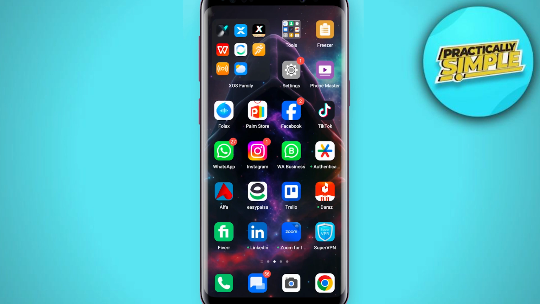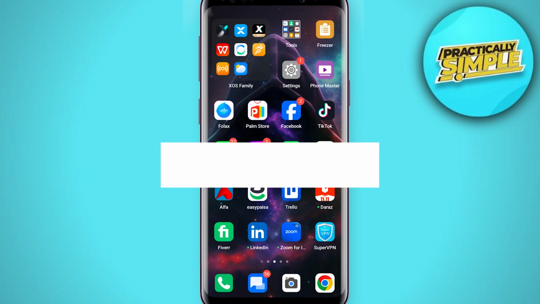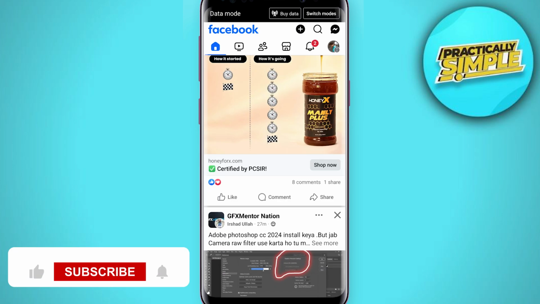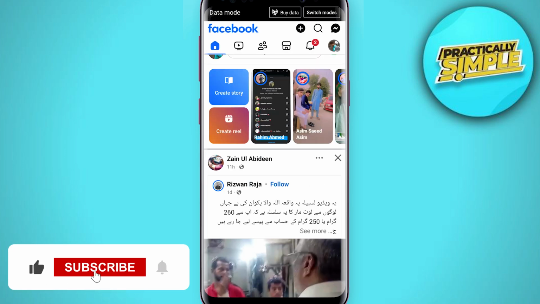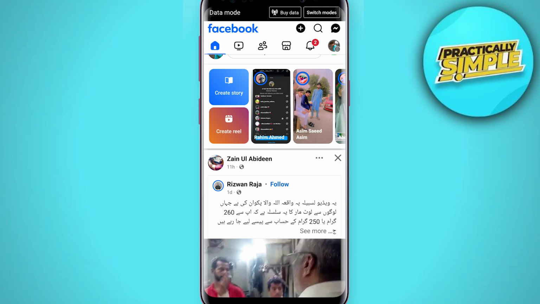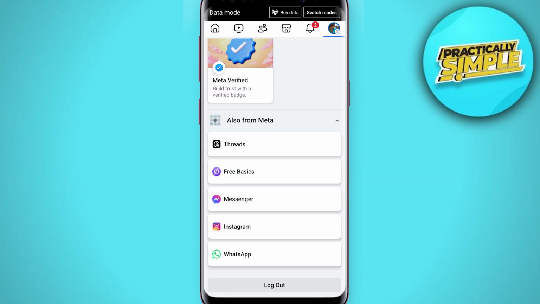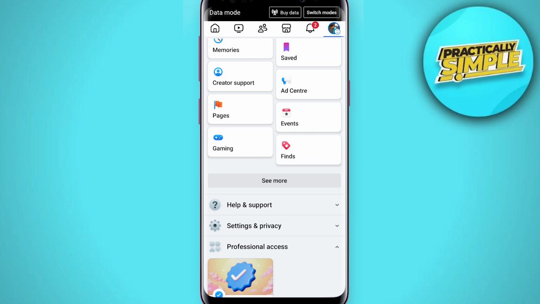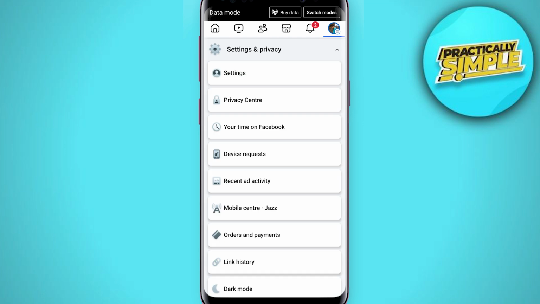In today's video, I'm going to show you how to unblock people on Facebook. So let's say you have previously blocked somebody on Facebook and now you change your mind and decide you want to unblock them. Then scroll down and tap on Settings and Privacy, and then just simply tap on this